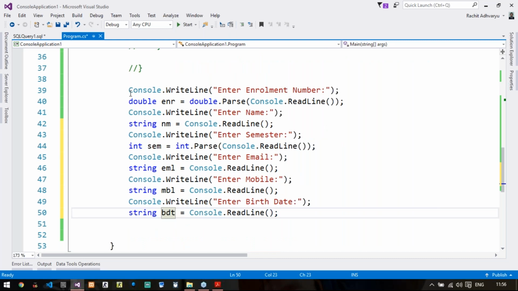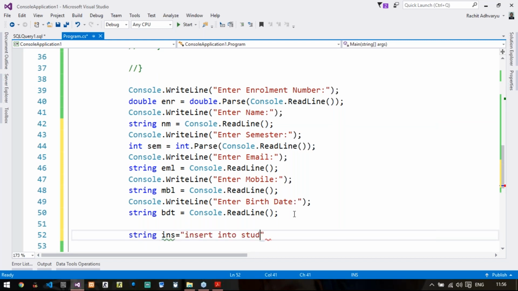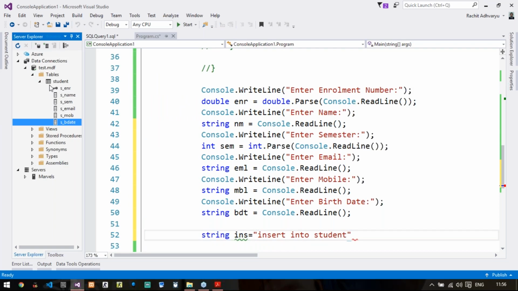So string INS equals insert into my table name, student. If you can see here, insert into student values. And now to enter the values, again you need to recall the Windows Form application. I said that whenever you have a date or varchar data type, you need to put single quotes, and when you don't have such data types, that is for integer or number, you will not use single quotes.